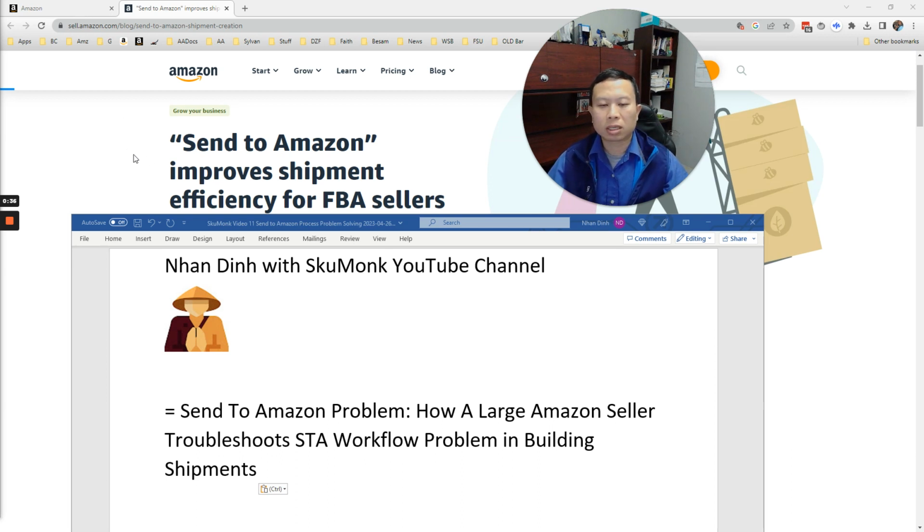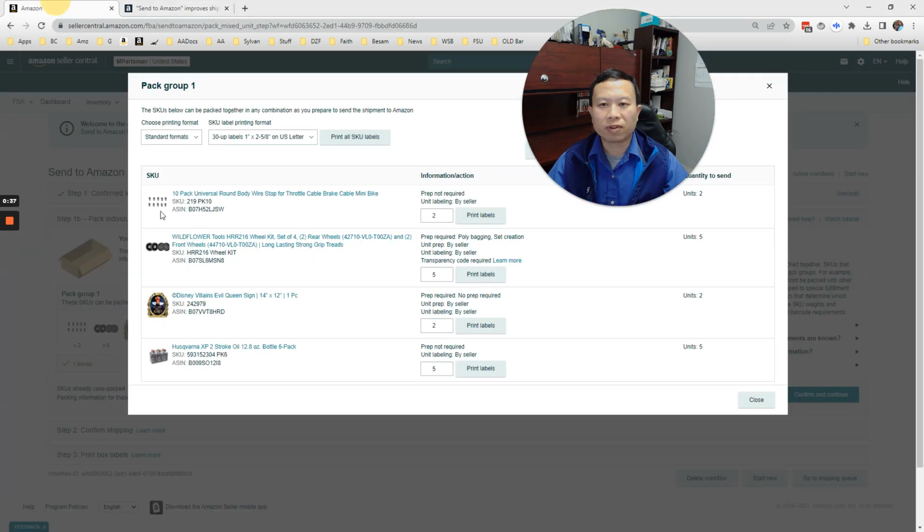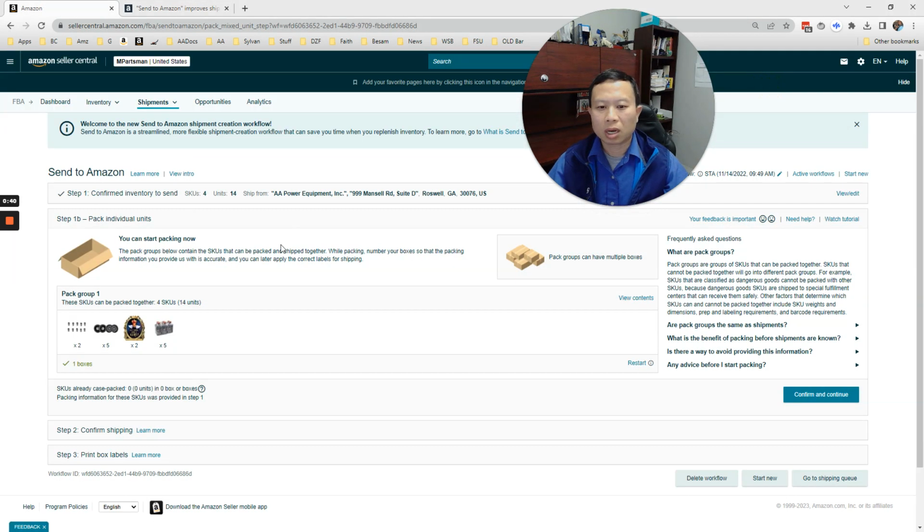It is in some ways a better interface. This is the new interface, but in other ways it's built for either private label or small sellers. For us big sellers, it's been a hassle. We're still learning to get used to it. Granted, Amazon is still working out the bugs. So hopefully once they get all the kinks out, this new process will work better. But anyways,